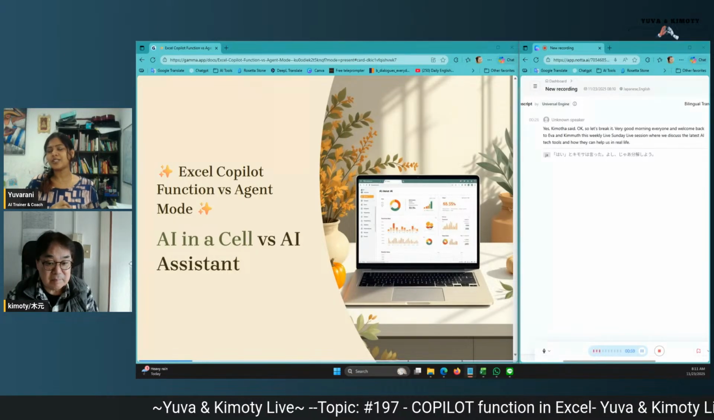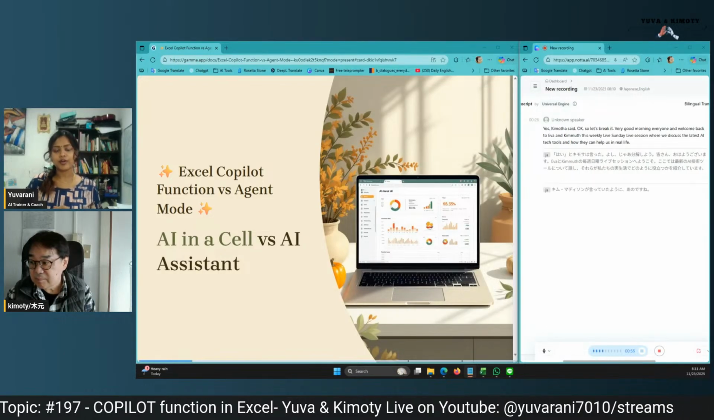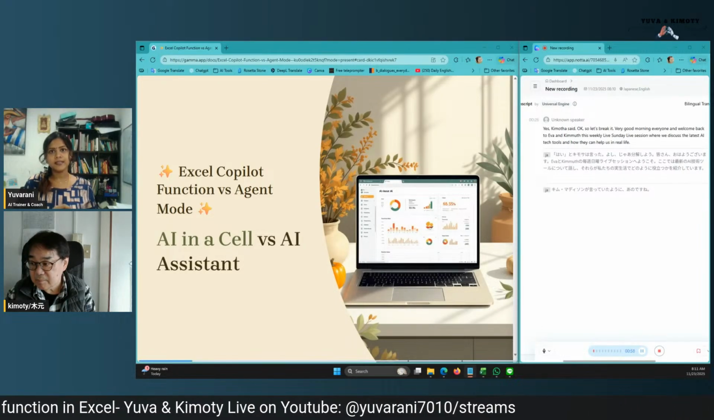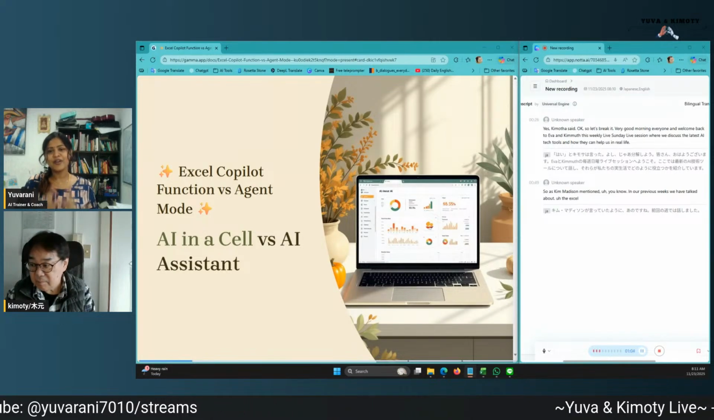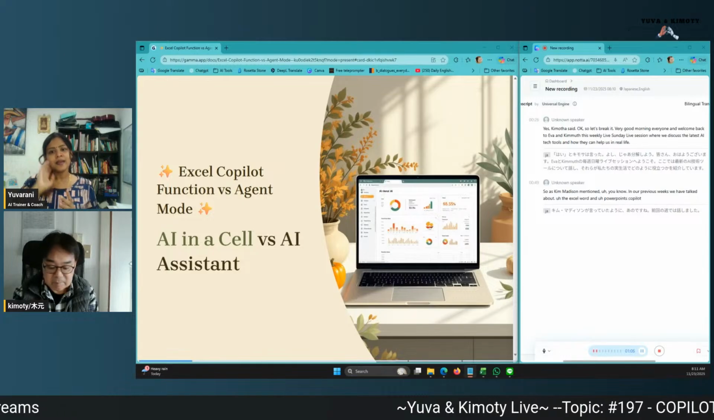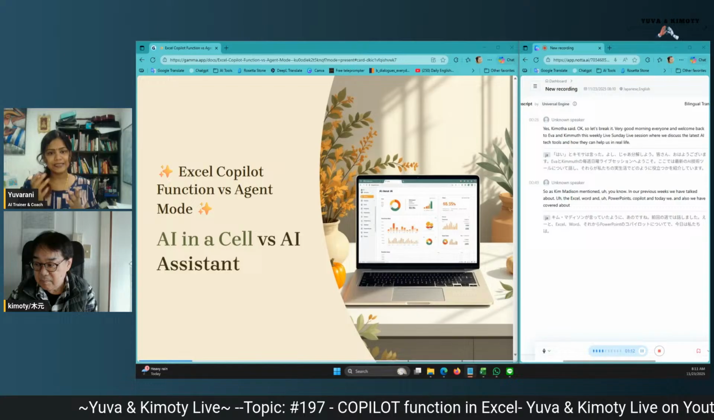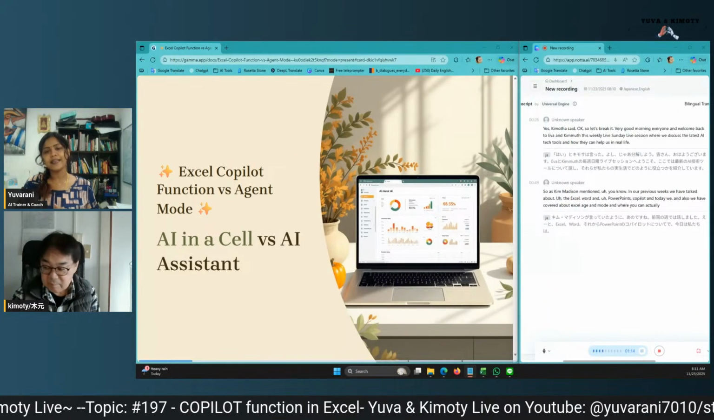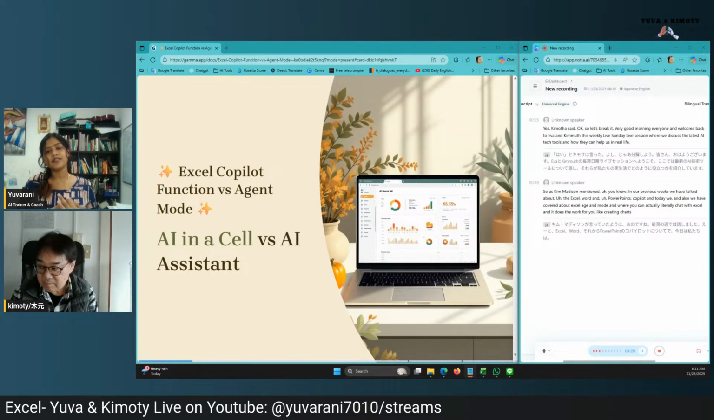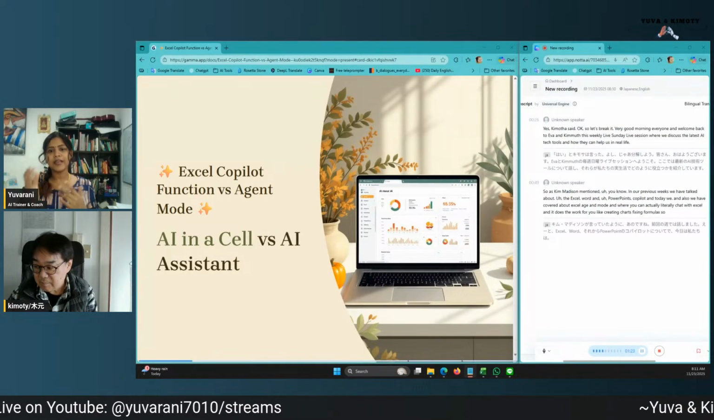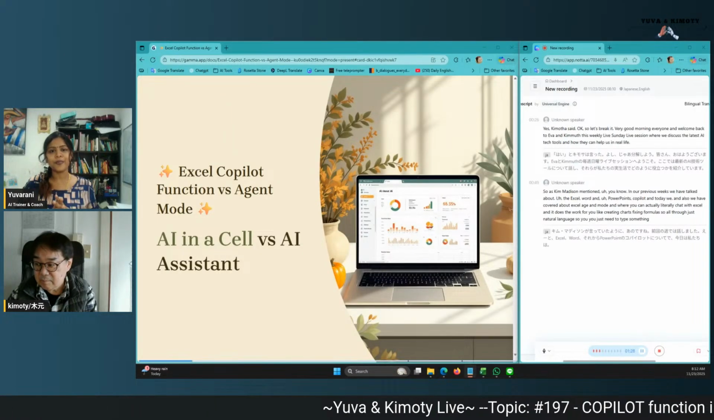So, as Kimoto-san mentioned, in our previous week we talked about the Excel, Word, and PowerPoint Copilot. We also covered Excel agent mode, where you can literally chat with Excel and it does the work for you, like creating charts and fixing formulas, all through just natural language. You just need to type something and it will do it for you. But today,